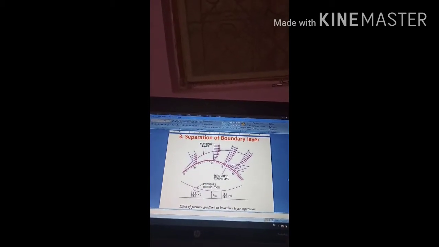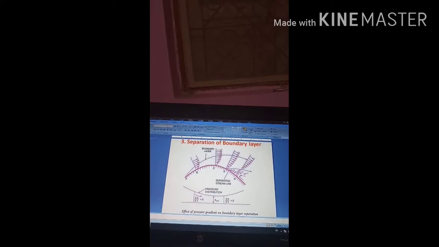What are the effects of this boundary layer on the solid body, that we are going to study. And what happens if that boundary layer is going to remain along that surface as it is, or it is going to detach from